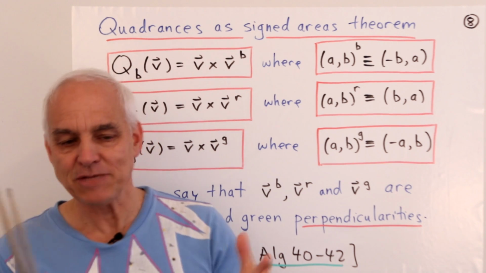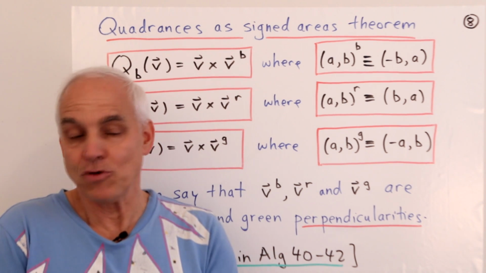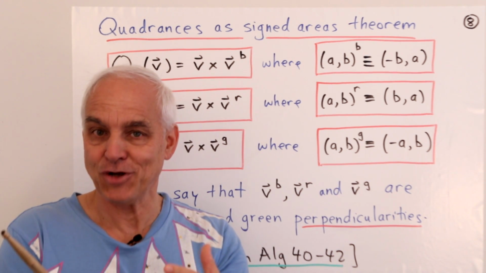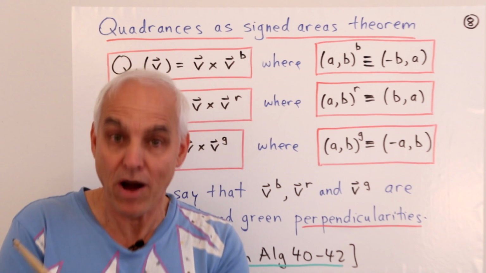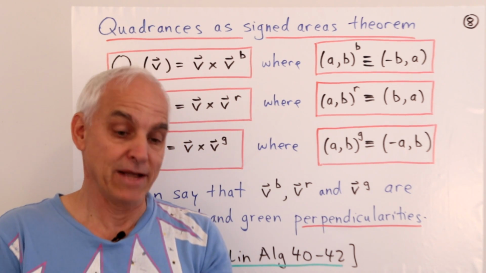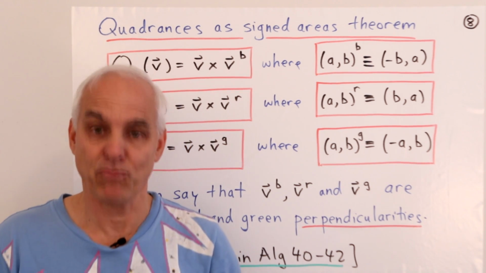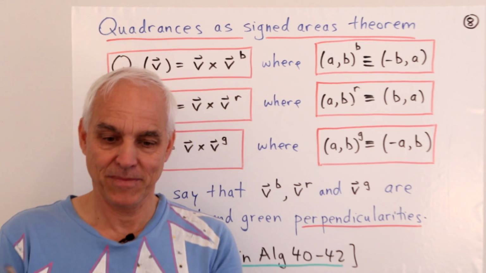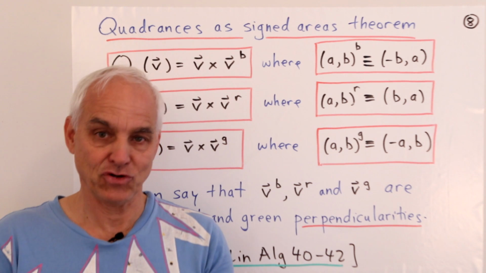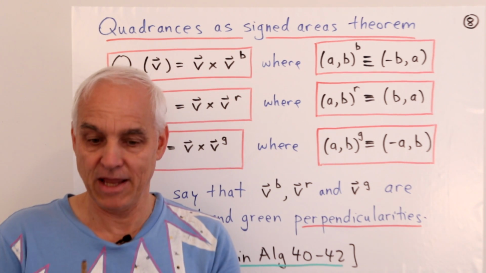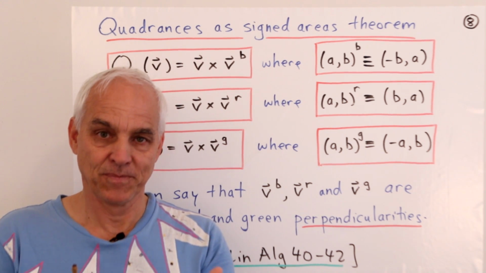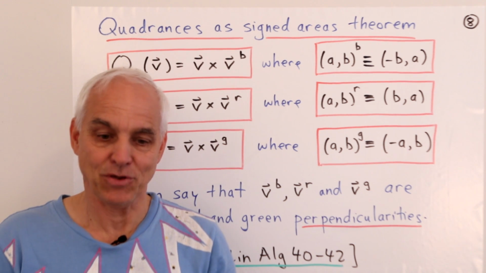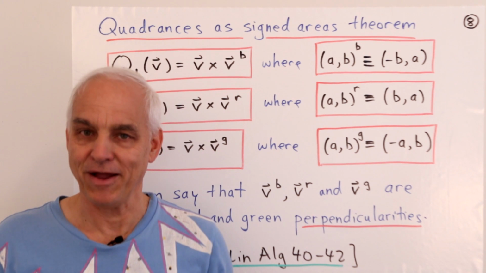So we're now in a nice position, so we can now go one step up. Having understood the geometrical content of our three basic quadrances in each of the colors, we can now talk about the three basic spreads in each of the colors. And what do those things really mean? We'll see that we have a very nice, attractive, geometrical way of thinking about what each one of these colored spreads really means. So we'll do that in our next video, and I hope you'll join me for that.